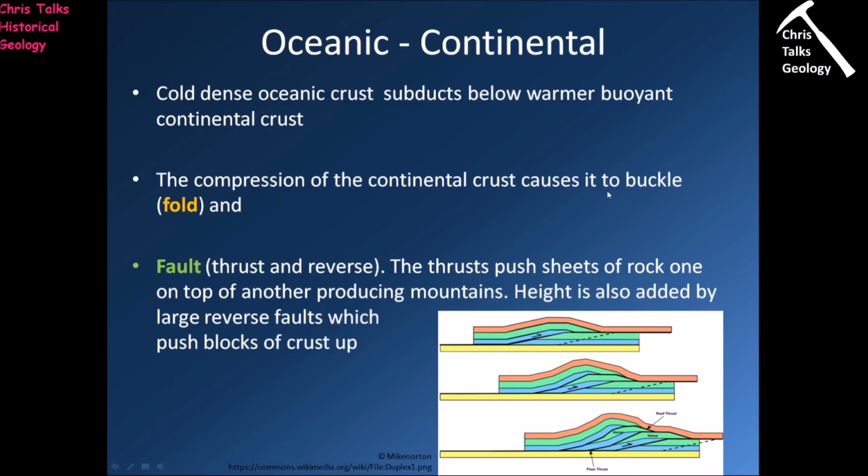Now, once again, the collision of these two pieces of crust into each other is going to cause lots and lots of deformation. Because the oceanic crust is being subducted, that really doesn't get deformed too badly. A lot of the deformation is accommodated by the continental crust. And so what we'll see is the continental crust folding and faulting, and that will lead to the formation of a mountain range. A mountain range is mostly the result of sheets of rock being pushed one on top